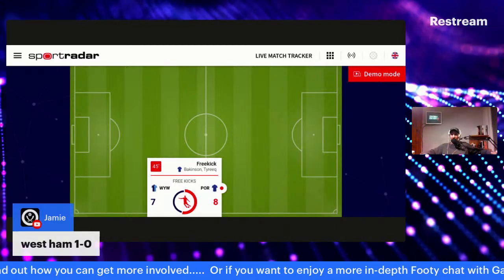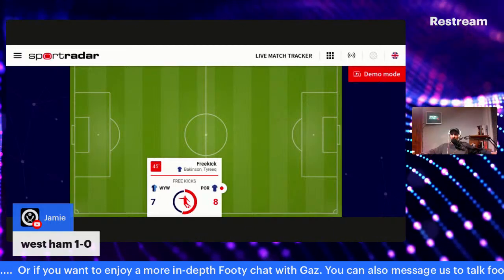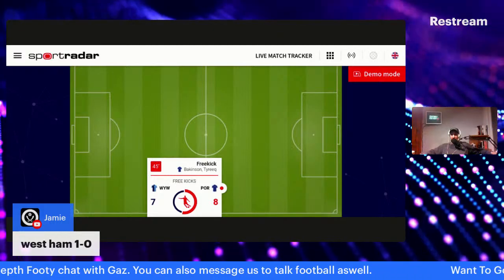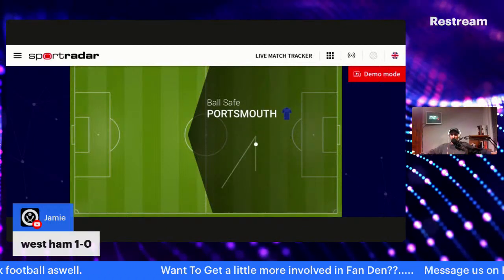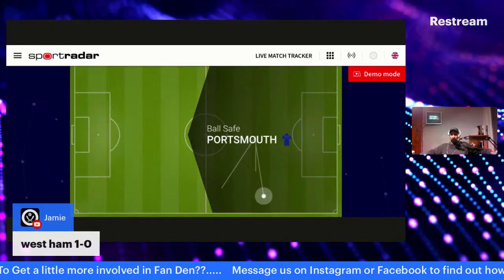Oh, they've lost it there, as Portsmouth win it back on the halfway line. Both sets of players trying to win the possession there on the edge of the centre circle. It's Wycombe that come away with it. Now Wycombe charging forward down the centre. They get the shot off, the ball blocked off there as it loops up into the air and comes out